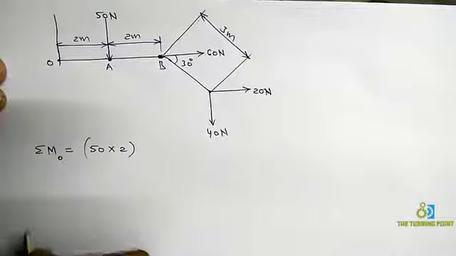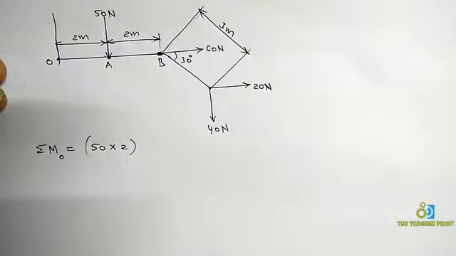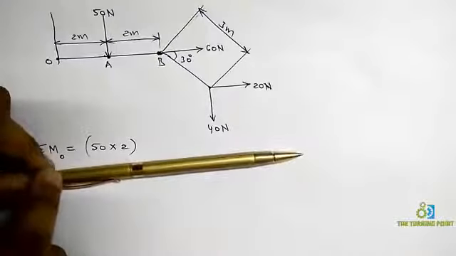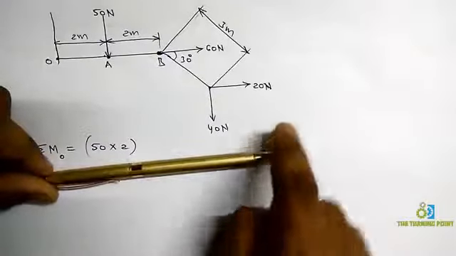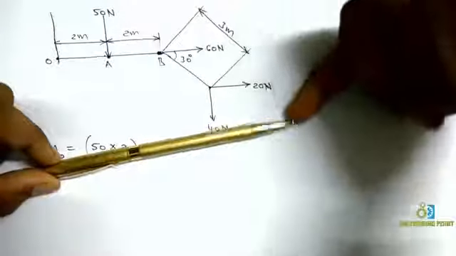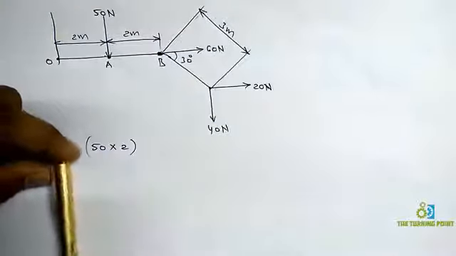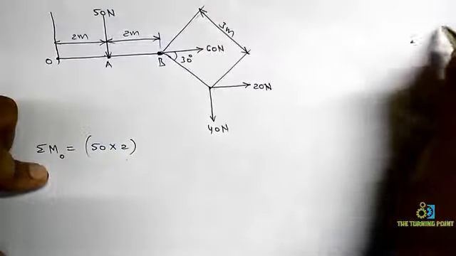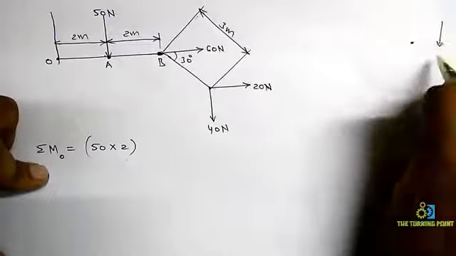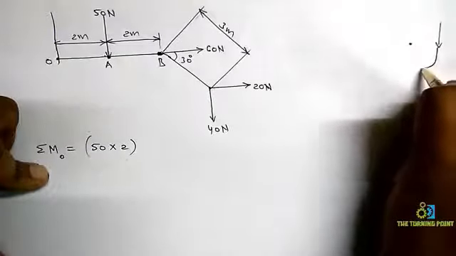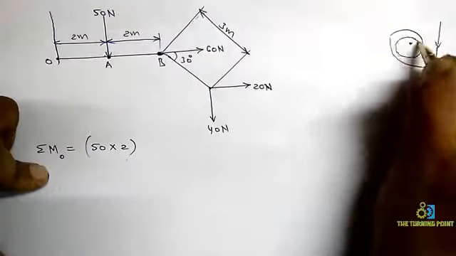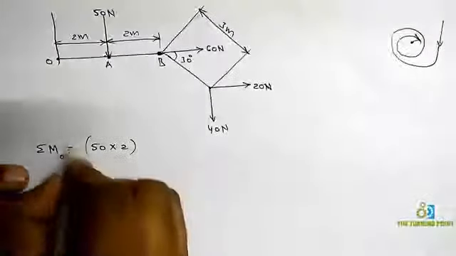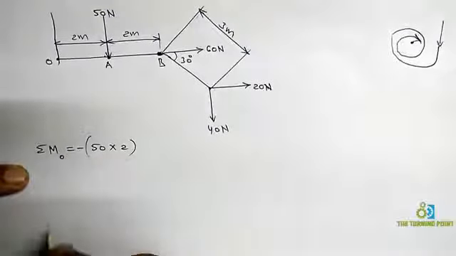To find whether it is clockwise or anti-clockwise, we can do one thing. Here this is the object, and this is moment center O. Now you are applying force at A. So when I apply force at point A in this direction, it will rotate clockwise. The application of force is here, and force is directed in this direction, right? Encircle the moment center in the direction of force. How am I doing it? Clockwise. So I am getting clockwise, which means negative.